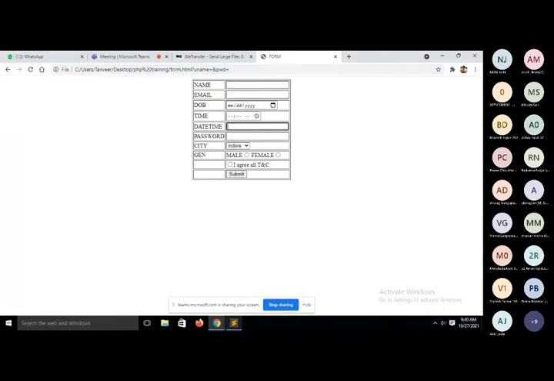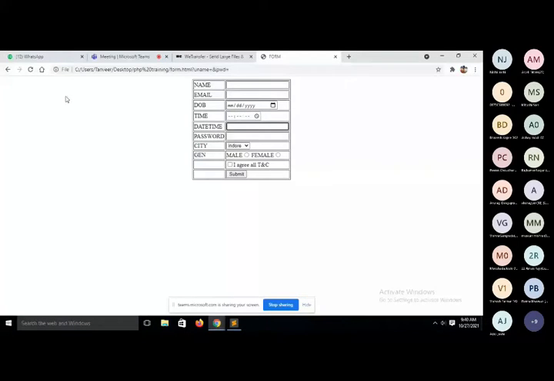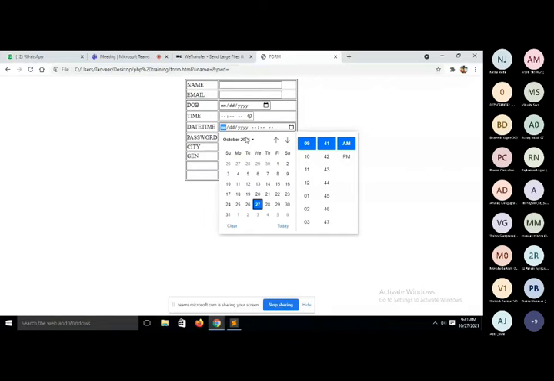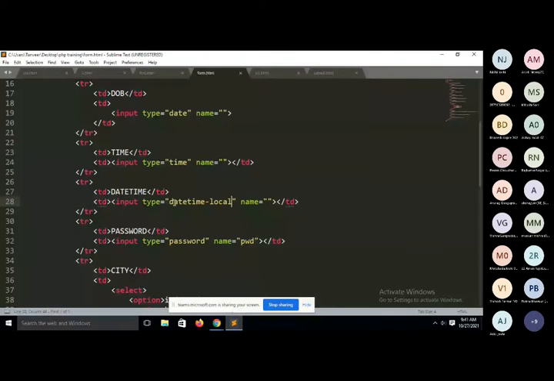So you will use, guys, datetime-local. Now you will get a date and time picker in a single input. See, from here you can choose date and time both simultaneously. So we have input type email, input type date, input type time, and you can also put date and time together with the help of datetime-local. Now next,